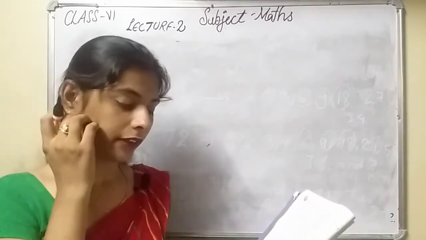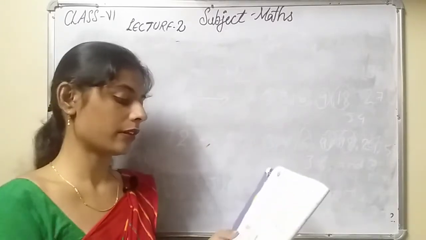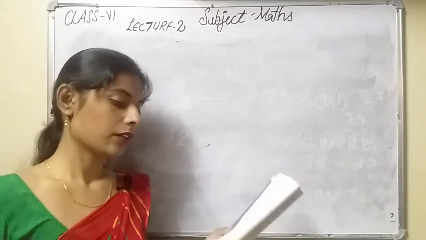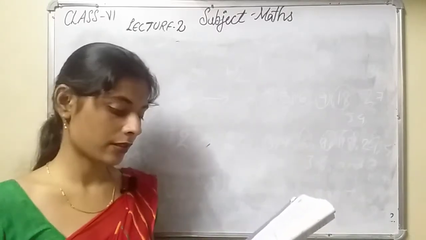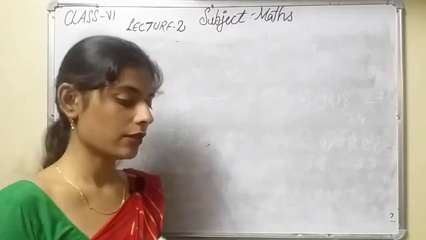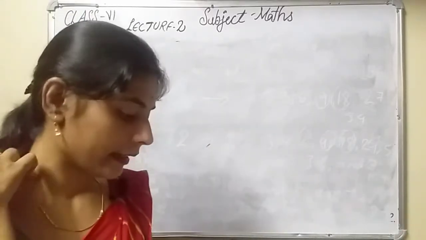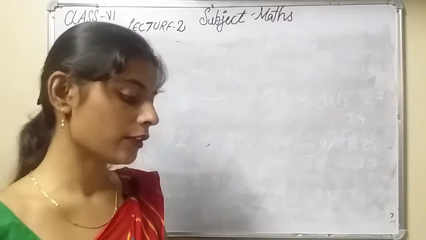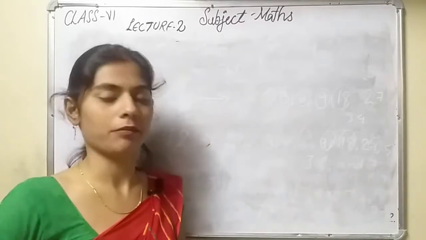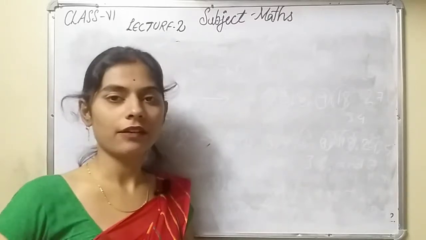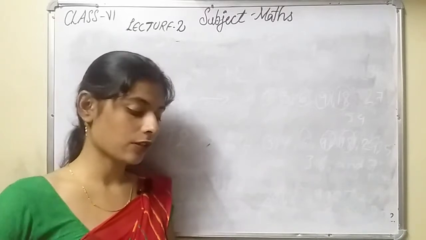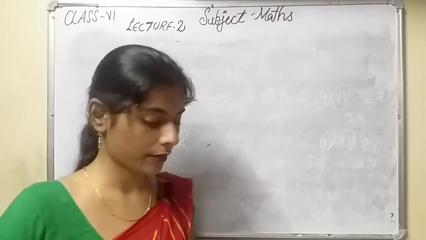For finding the common factors, first of all you have to study the content given here, highest common factor or HCF. See the possible factorizations, the table given here: school, number of students, possibilities. These questions you have to read once. Now, methods of finding HCF: there are many methods of finding the HCF of two or more numbers. One of them is listing factors. So this is your second method to find the highest common factor, listing factors.